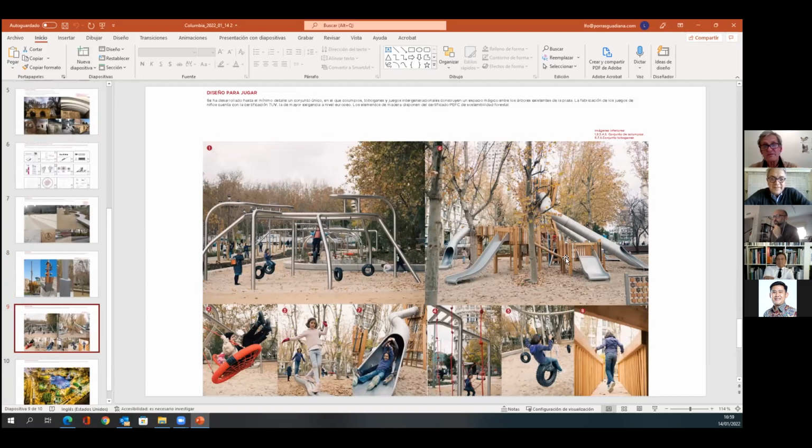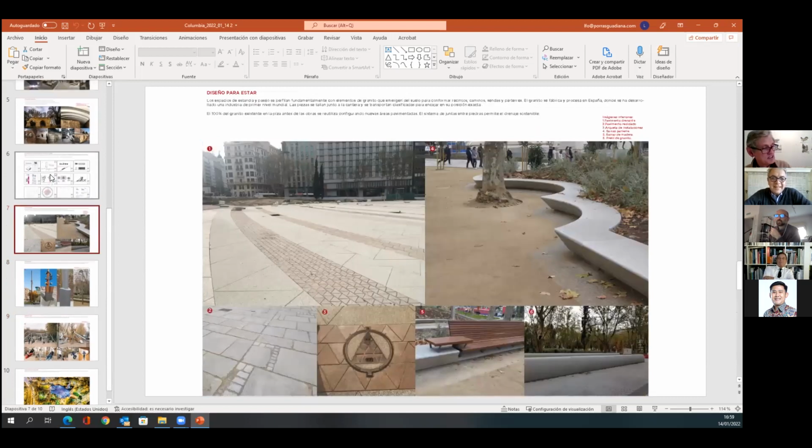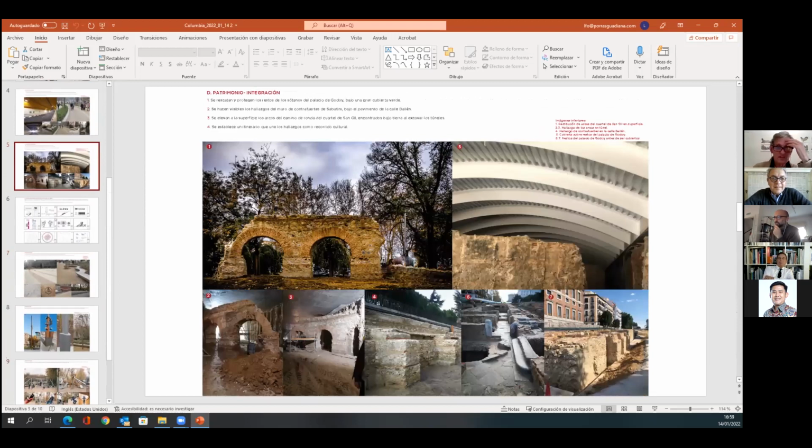Well, this is before the opening, because this is only for the photographs. Now there are hundreds of children here. So the success for the public is this. You can see here the arches now rebuilt on top. So your question is very important. I think people need this space because now it's completely full of people, from the early morning to the night.